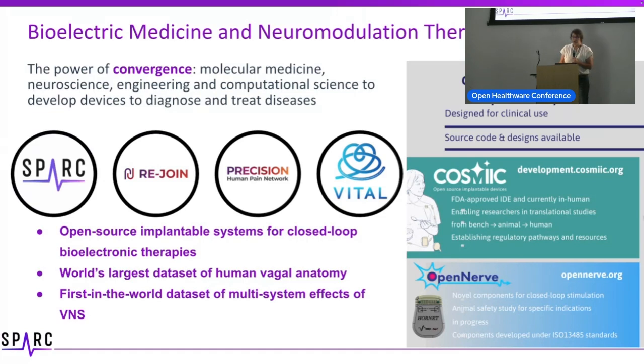And so the data that is coming in now to the SPARC portal represents three specific areas that are incredibly exciting. The open source implantable systems, Cosmic and CARS, really represent just an incredible opportunity to have open source hardware to lower that barrier for everybody else to really make real change. And it's such a hard problem. I'm so impressed.